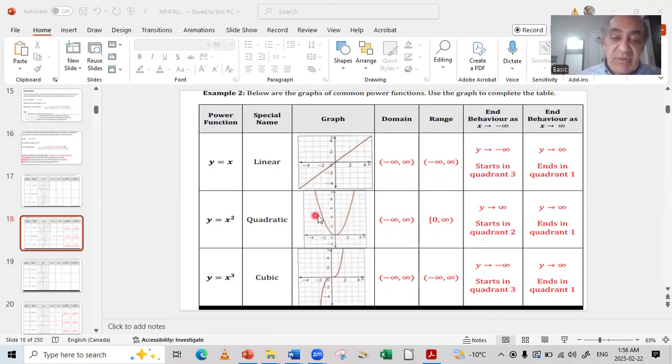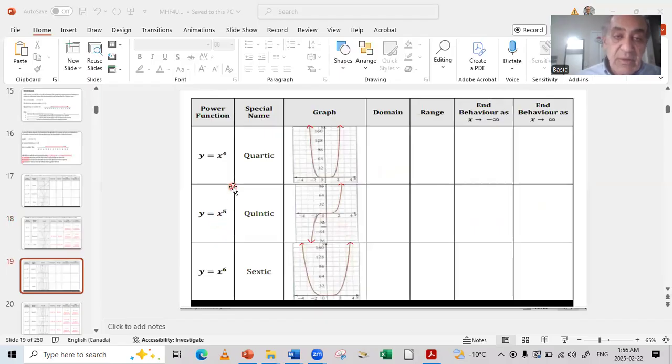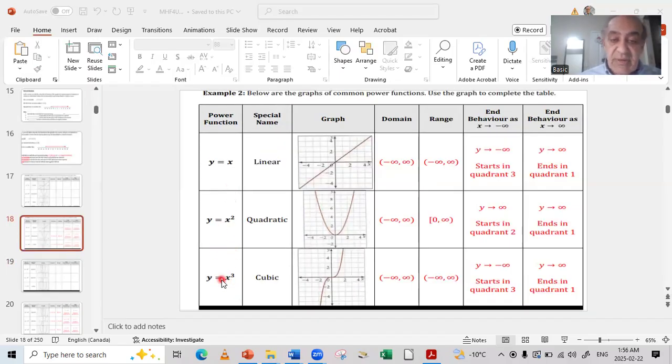And here it will start in quad 1, 2, and go to quad 1. Or start from quarter 2 into quarter 1. Okay, cubic. Cubic is power 3. It will give me a symmetry, like 2 parts of the function, 2 parts of the line. Exactly, this part is similar to this part, but one in quarter 1 and the other one in quarter 3. And also, no limits for the x and no limits for the y, because we cannot do like